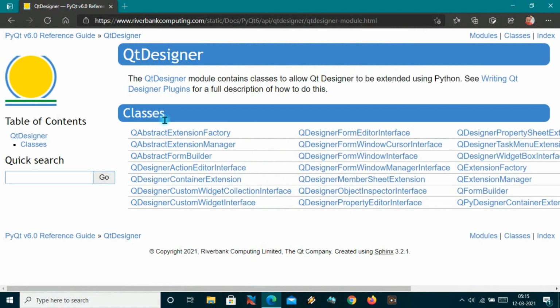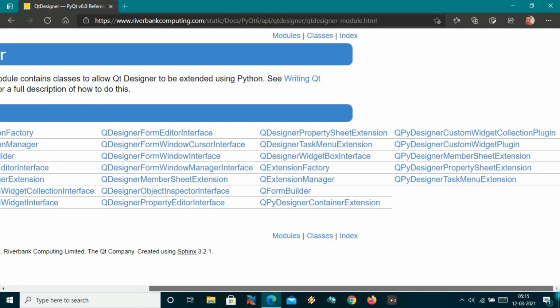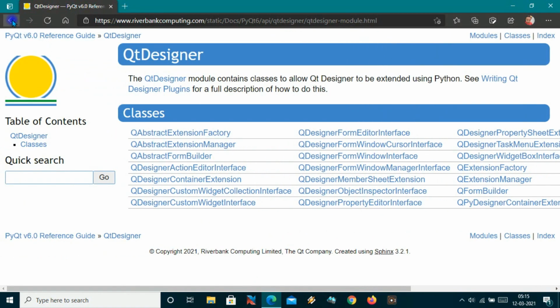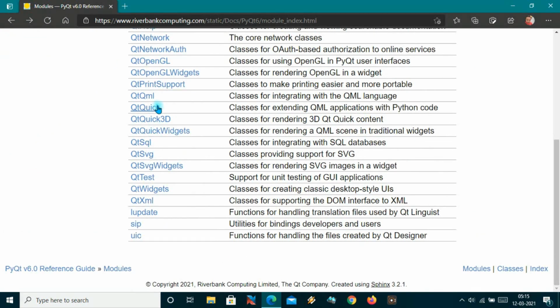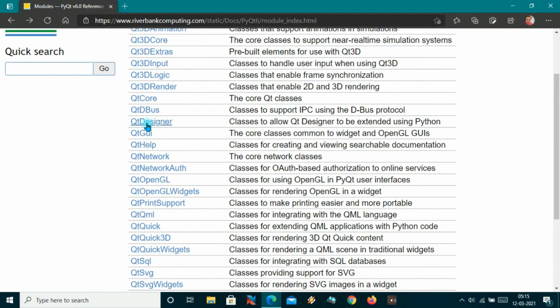So let me check its Qt Designer module. All these are the features for Qt Designer, as you can see, guys, and also some more things. You can see there are many 3D components here, guys.